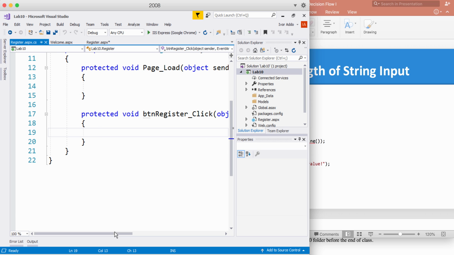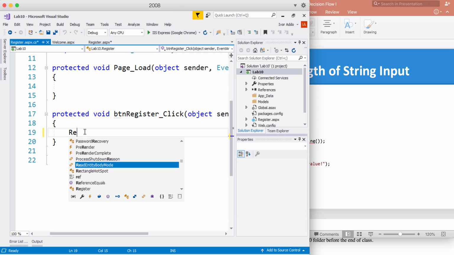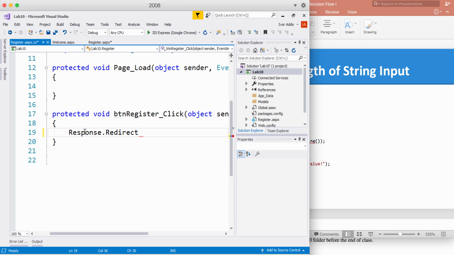And I can type in some code. So we're going to use response.redirect. This is a small piece of code that you want to take some notes on. This is how we redirect a user from one page to another. Code sample for redirecting from